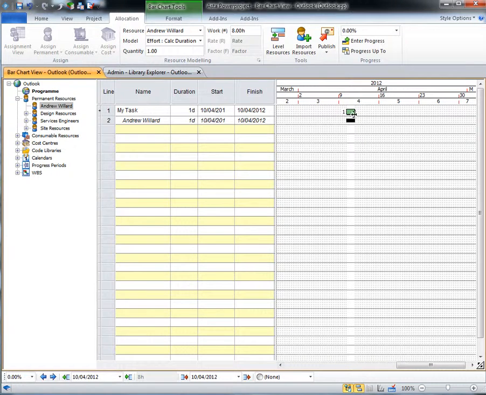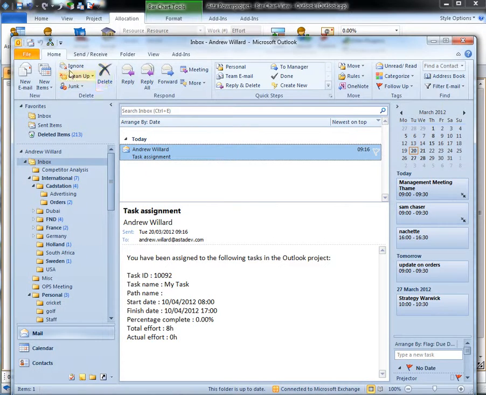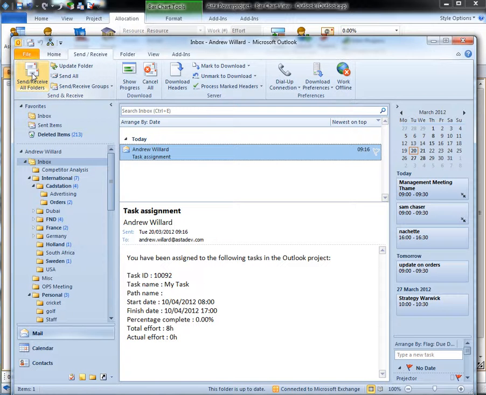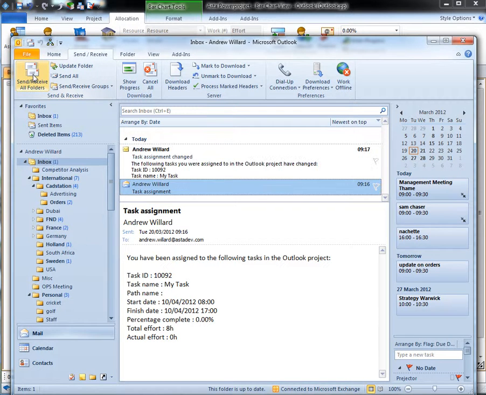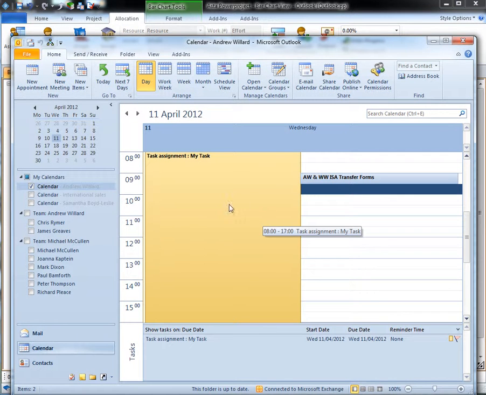So the other thing obviously is if this was to alter in time, or if I was unallocated, it's going to send me another email eventually telling me here, you can see I've just got that this has changed and now it's the 11th of April at 8 o'clock. So if we go to here, you can now see that we have our task for the